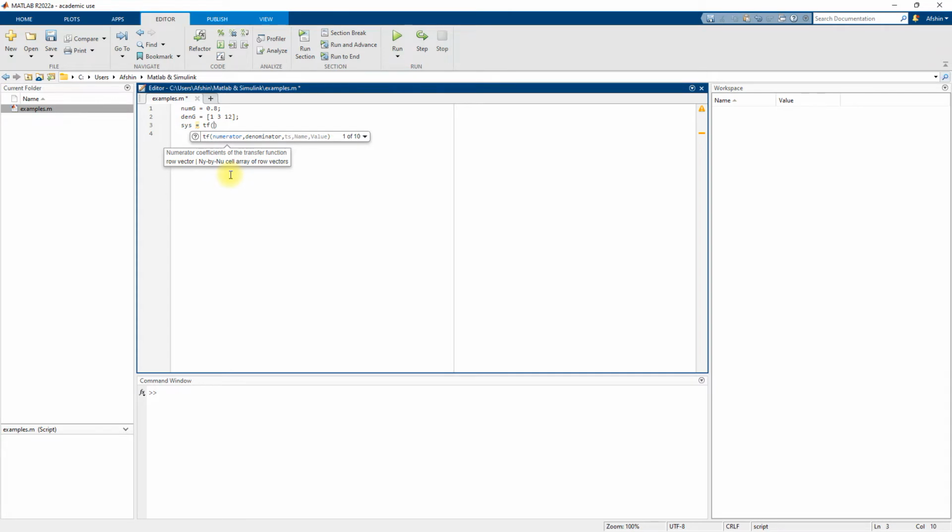I'm going to only input the first two inputs, the numerator and the denominator. For numerator, I want to use my numg variable that I just defined. And for denominator, I want to use the deng that I just defined as well. They both relate to the transfer function that we saw for the simple system. So if I run this,